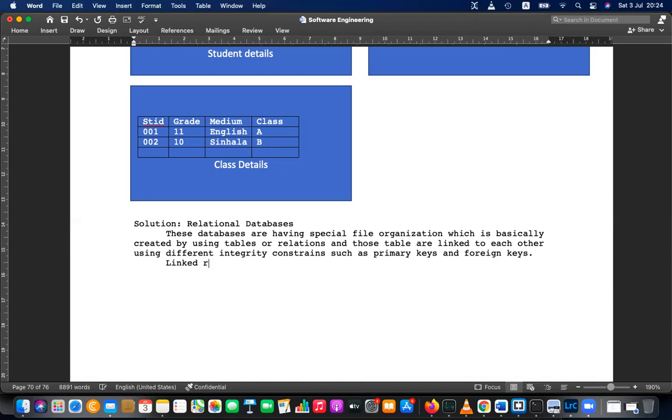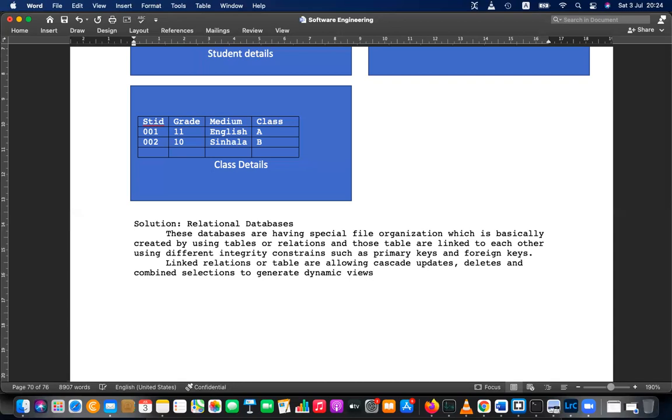Linked relations or tables are allowing cascade updates, deletes, and combined selections to generate dynamic views.